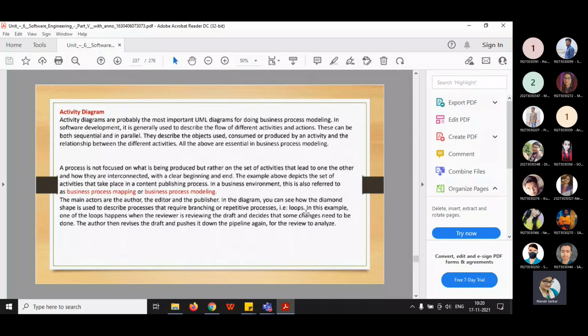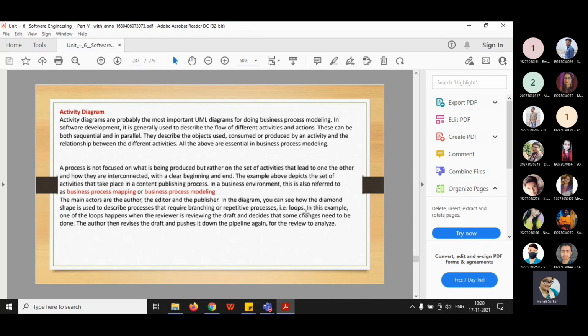In software development, it is generally used to describe the flow of different activities and actions. This can be both sequential and in parallel. They describe the objects used, consumed, or produced by an activity and the relationship between the different activities. All the above are essential in business process modeling.